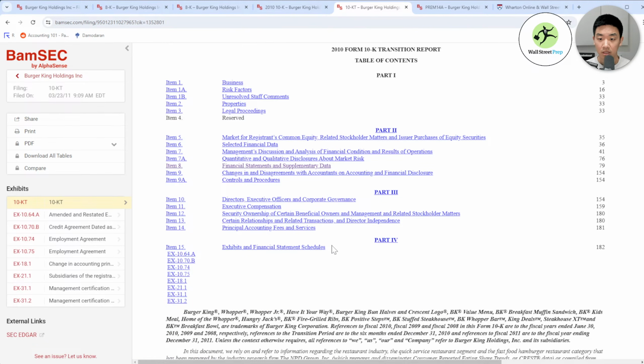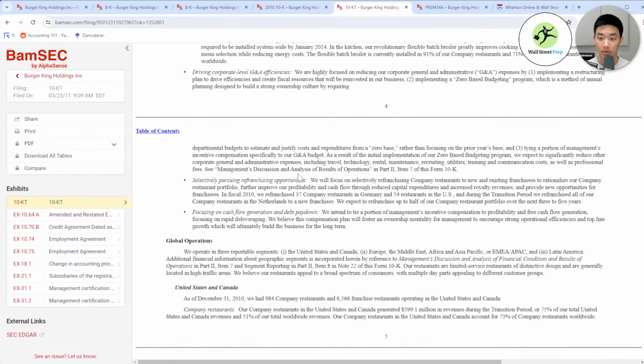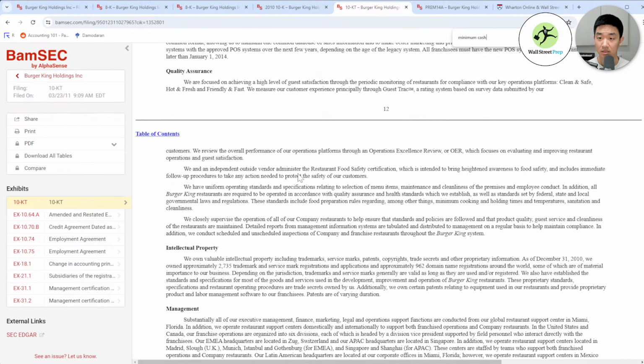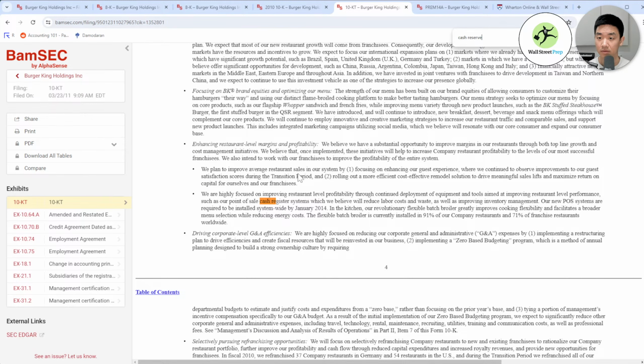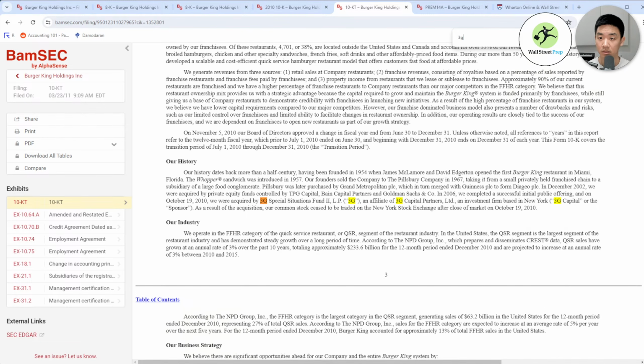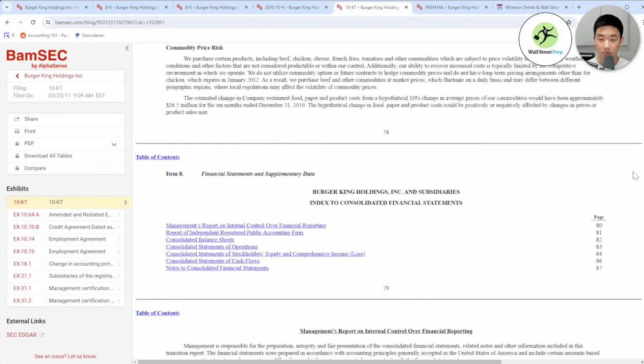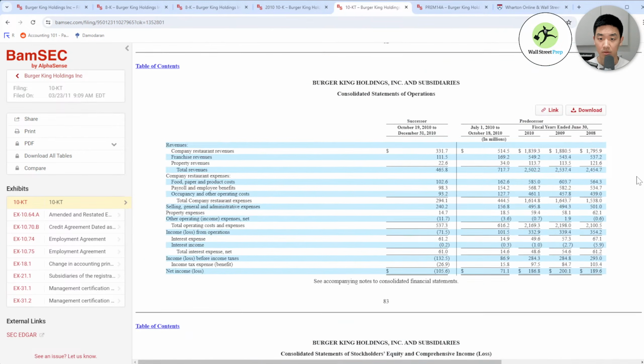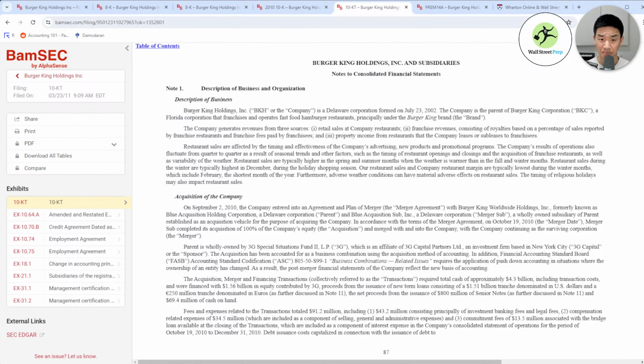So let me figure out what page that was on. The thing we need is on... okay, page 87. So I guess how you would find this otherwise is searching minimum cash, cash reserve. 3G. That's too many. Okay. I'll know when I get to the page. So I guess I should also explain what I'm looking for.